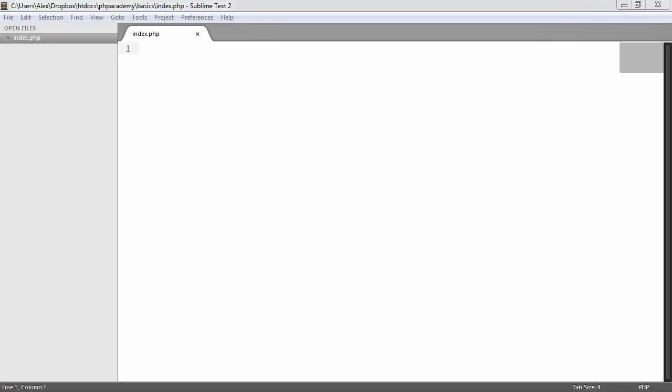Okay, so we're now going to look at commenting code and why we should comment code, and then we'll look at a couple of ways that we can actually comment code in PHP. Now, commenting code is extremely important, particularly if you're writing something, even for yourself, just noting along the way what